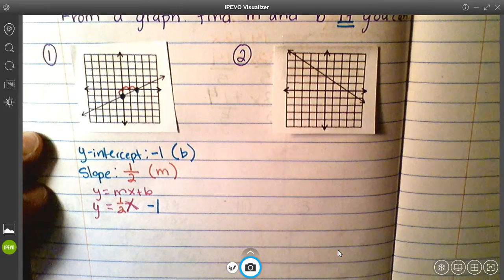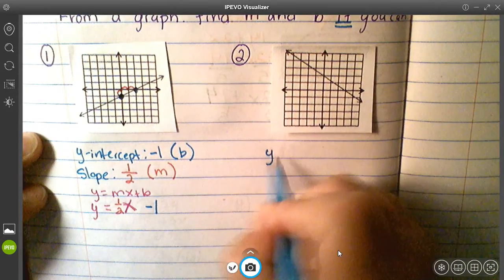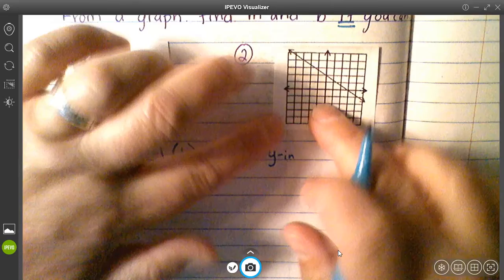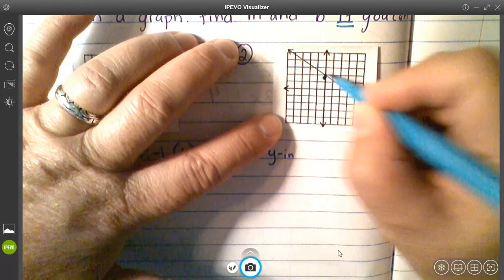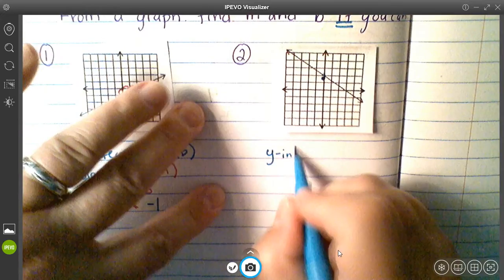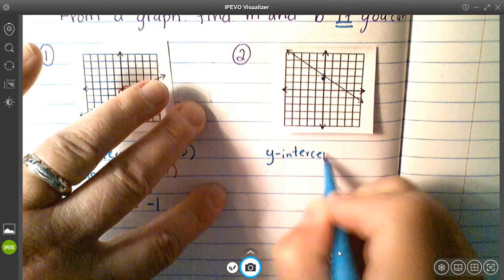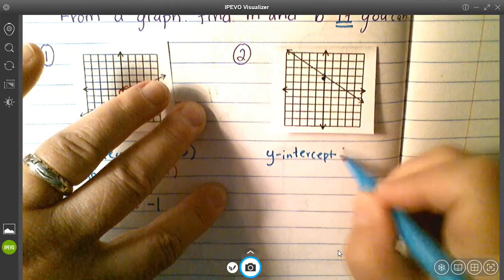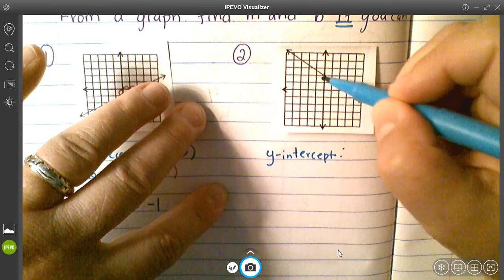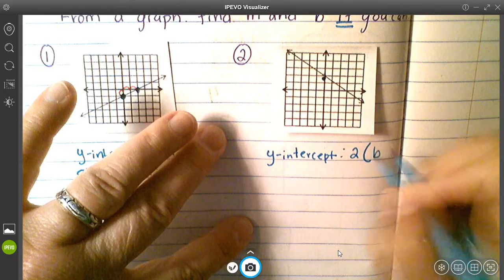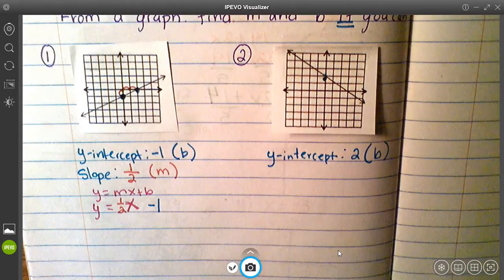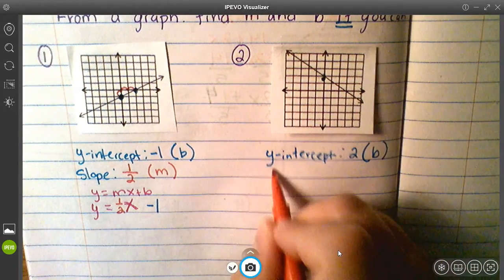Let's try another one. So do I have a clear y-intercept for this one? Yes, right here at this point. So I have a y-intercept at 2. So again, that's my b. And I have a slope